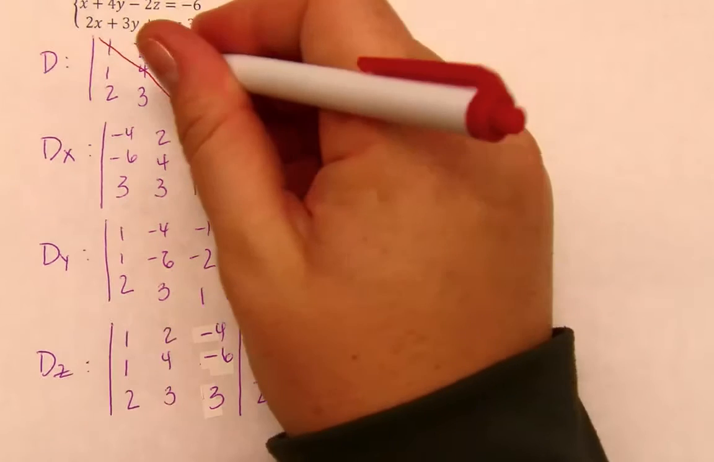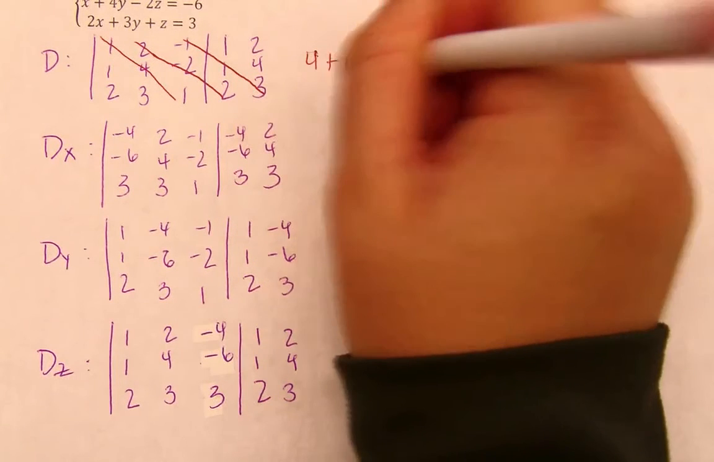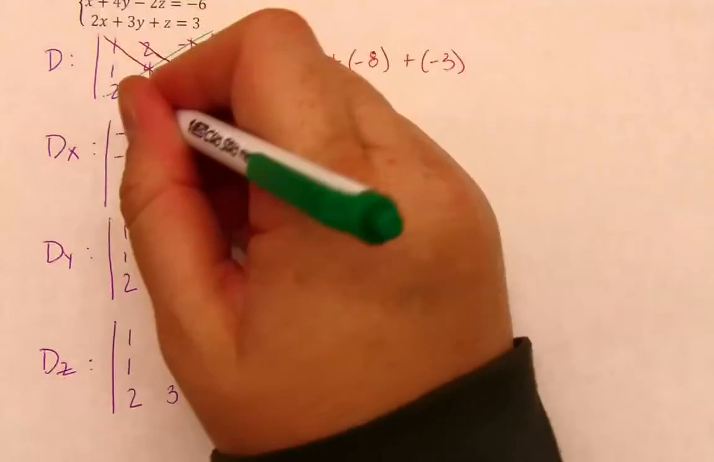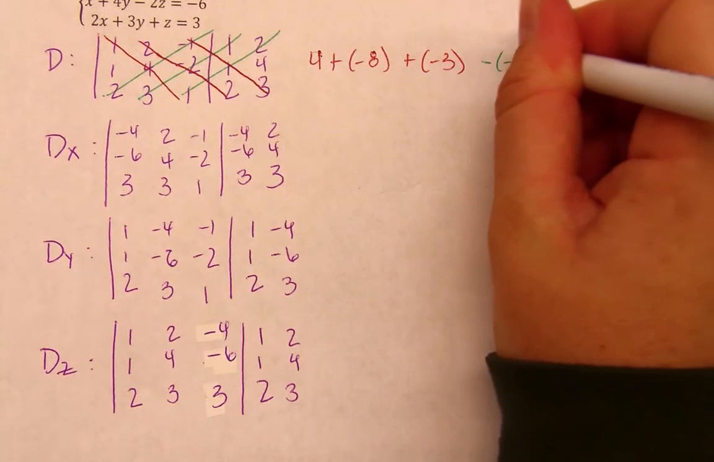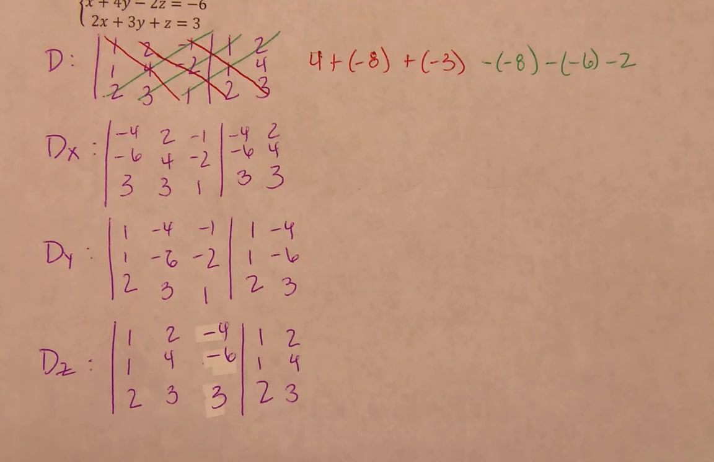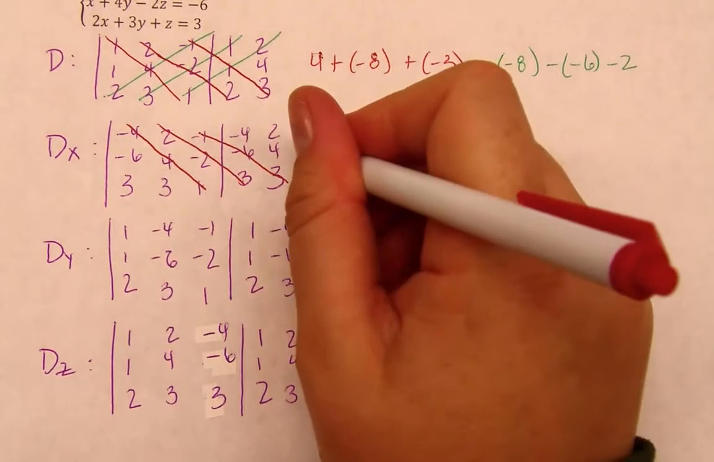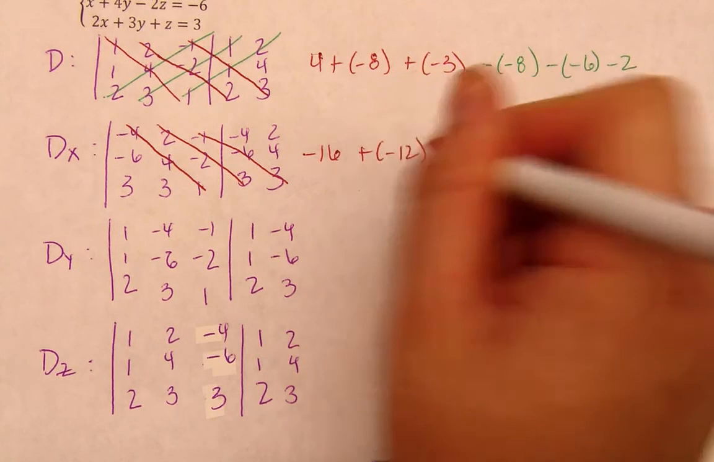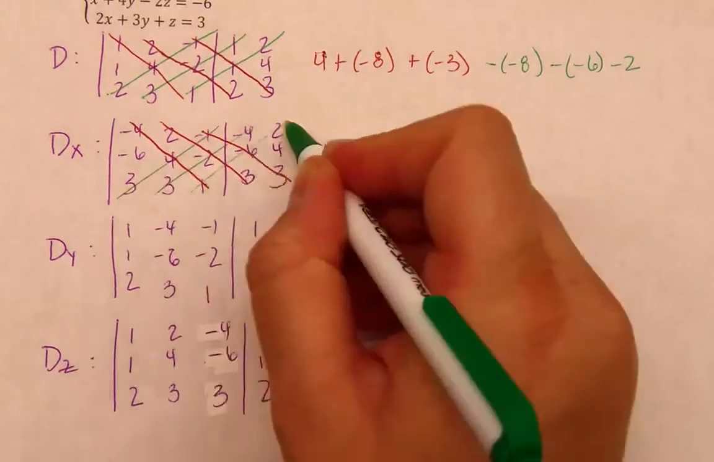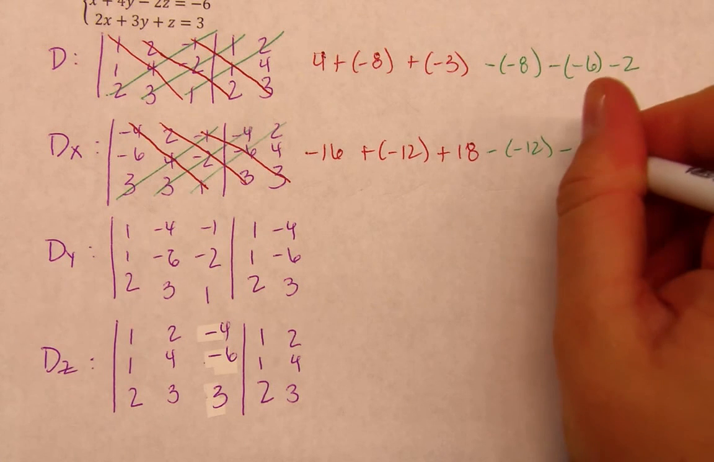So going down these diagonals, we have 4 plus -8 plus -3. And then going up the opposite way, we have minus -8 minus -6 minus 2. And then I'll go ahead and calculate these in a minute. I'm just going to set them all up. Going down those main diagonals, we have -16 plus -12 plus 18. And then going up the opposite ways, again, 3, 4, -1 is going to be minus -12, and minus 24,